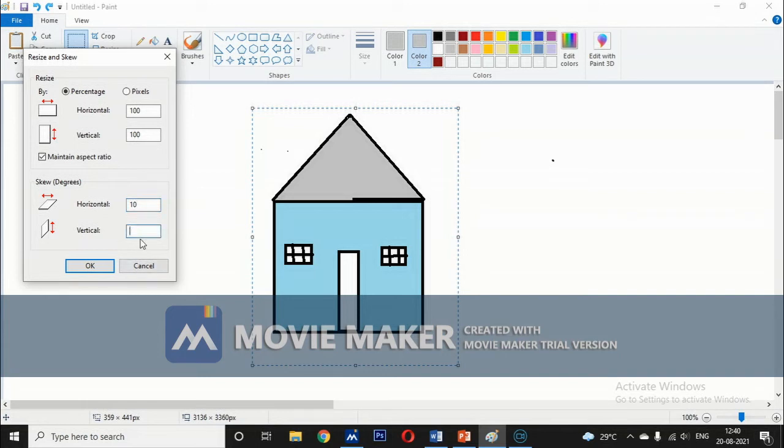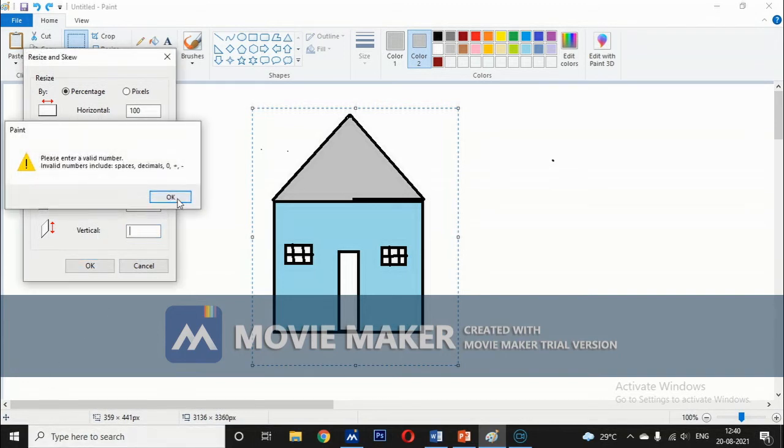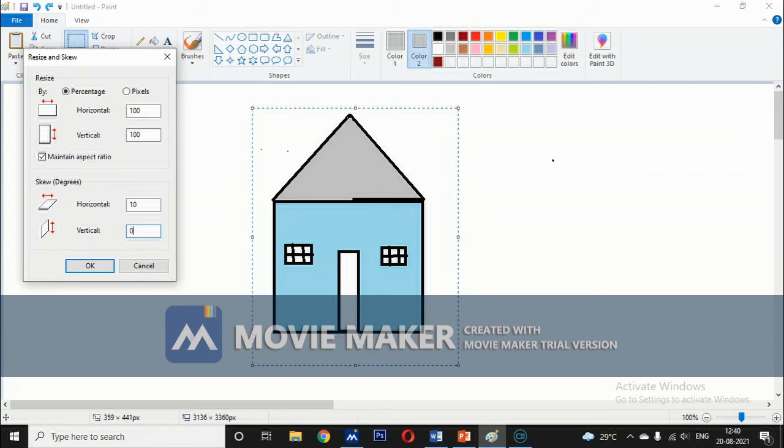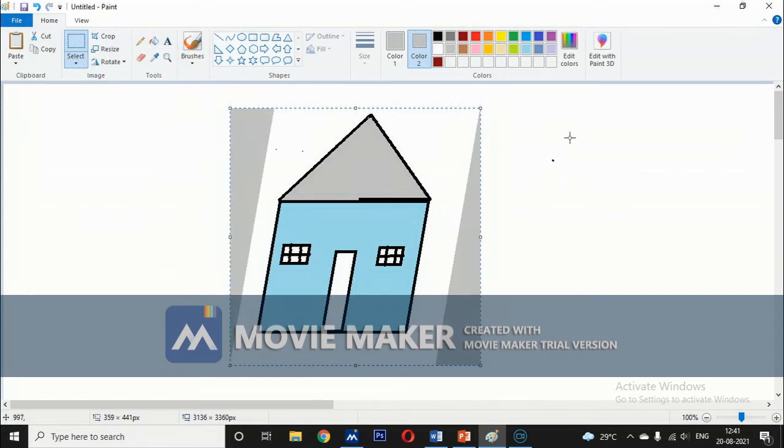I want to tilt this drawing by 10 degrees. Now click OK. Your drawing is tilted at 10 degrees. So this skew command twists a drawing in horizontal or vertical directions.